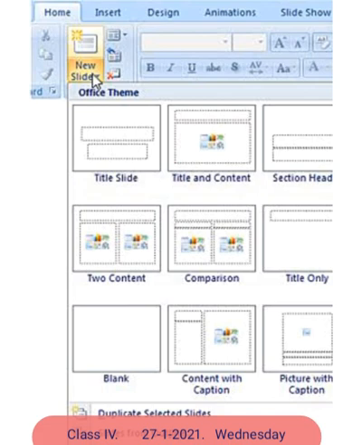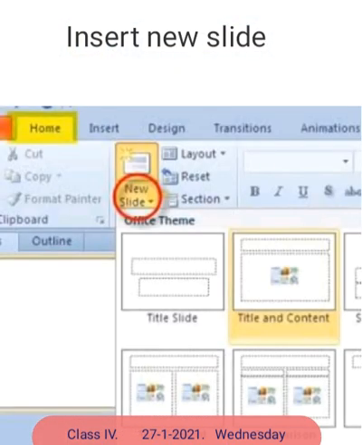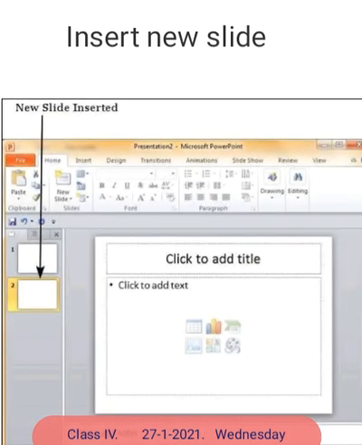Okay, to insert a new slide layout, we click on the arrow next to New Slide on the Home tab. The drop-down menu gives us options for different layouts. We can choose any one of the available layouts. Here I can choose the Title and Content layout, in which I can write the title on the top and the content in the middle. And then our new slide is inserted in the presentation, and in the same way we can insert more slides.